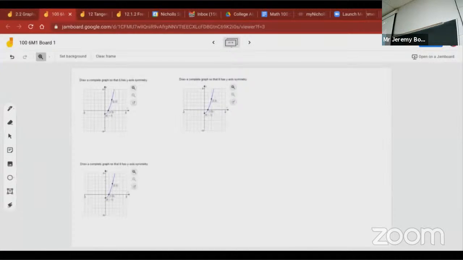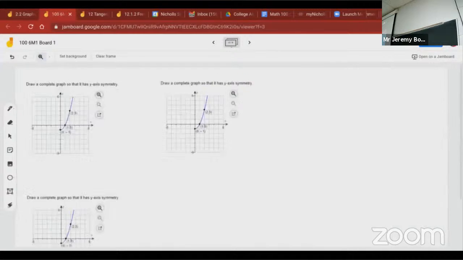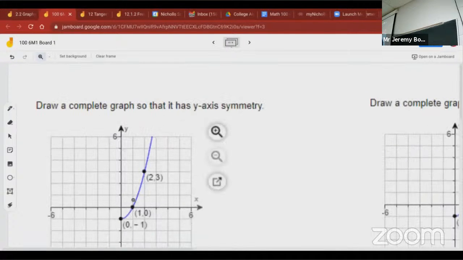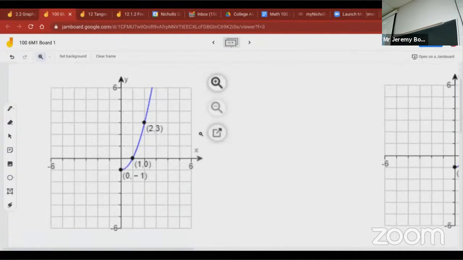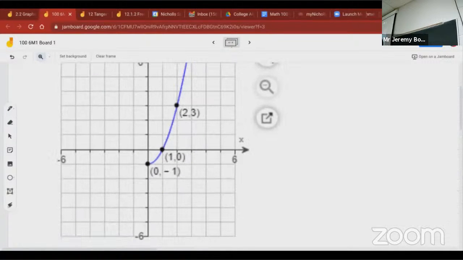All right, what I want to do here is, I know it says we want to graph it so it's symmetric to the y-axis, but I want to try all 3. So we're going to do the y-axis first, and then we're going to try the x-axis and the origin. So we want to draw this so it's symmetric with respect to the y-axis. First thing you got to do,